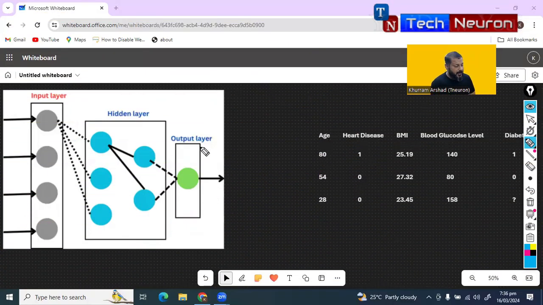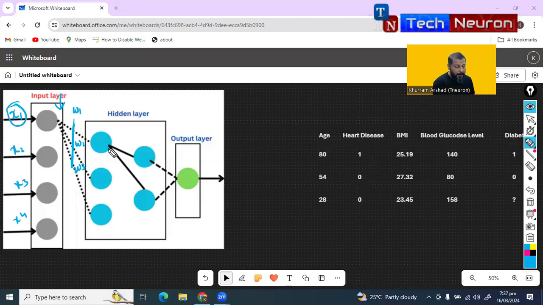Here you can see the representational diagram of artificial neural network. Here we have three layers: input layer, hidden layer, and output layer. To input layer, we pass the data as an input. In the last video, we have already discussed the input values were x1, x2, x3, x4. Then we have some kind of weight in this region, say w1, w2, w3. Then these weights are multiplied by each input, and after the multiplication, the sum of all the values are sent